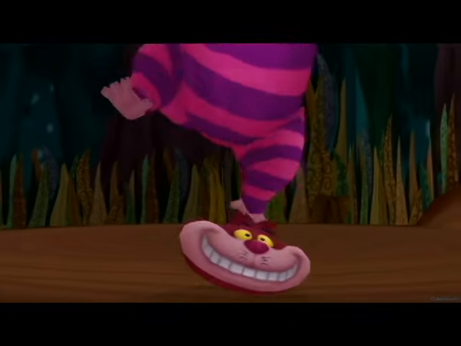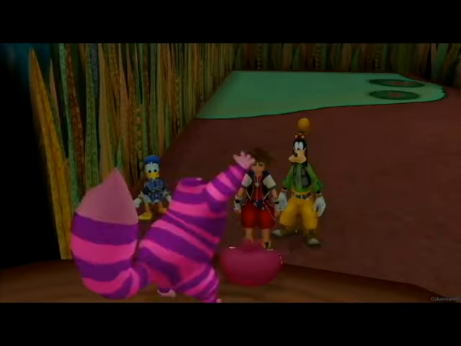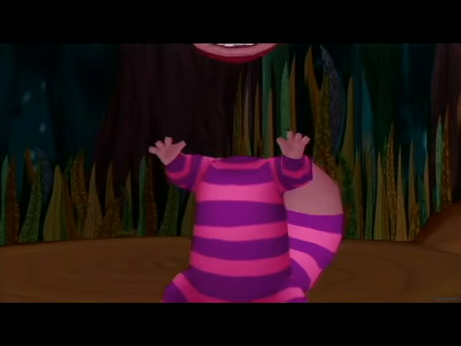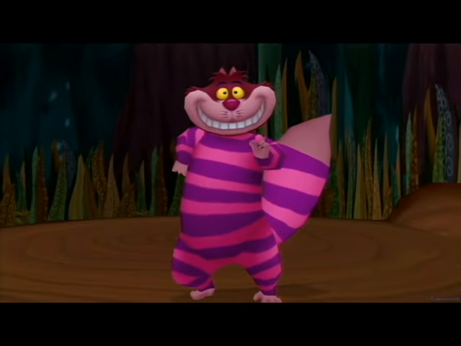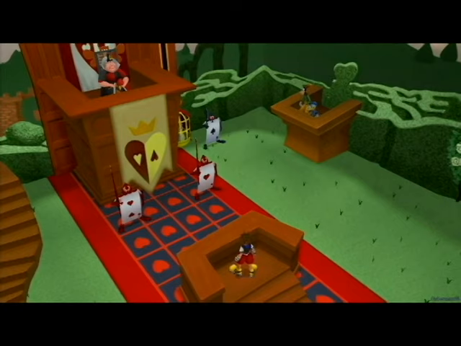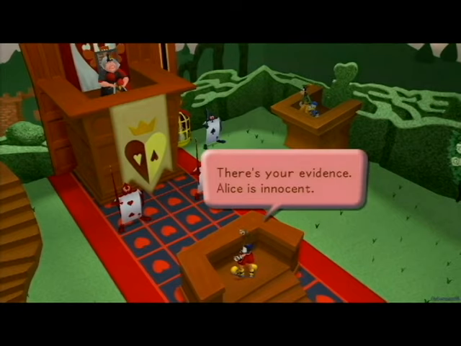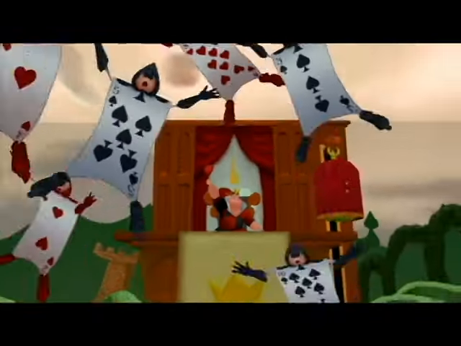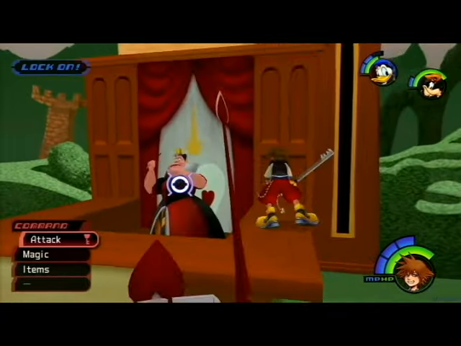The Cheshire Cat appears several times along the way to give Sora some cryptic advice, but does not seem interested in truly helping the heroes, just in watching them try to figure it out themselves. The thief, unsurprisingly, is revealed to be one of the Heartless. Even with the evidence in front of her, the Queen decides to have everyone executed anyway, leading to a battle